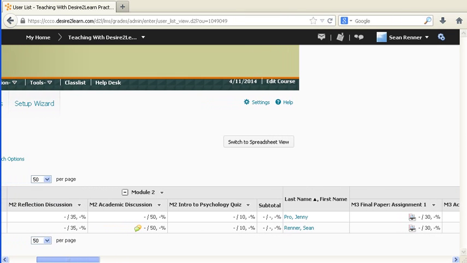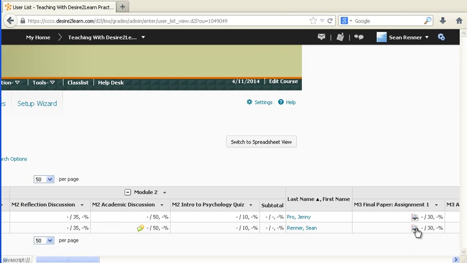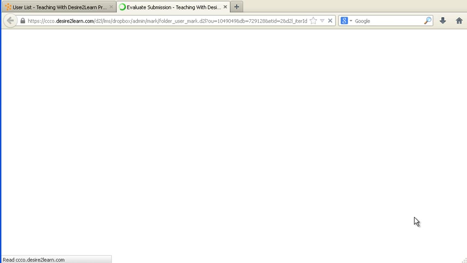So the first type of assignment we'll look at grading is a Dropbox assignment. As soon as a student submits a file to a Dropbox assignment, an icon will appear next to their name and underneath that column to indicate that they've completed that submission. This is a really easy and helpful way to see which students have submitted files for the assignment. So to grade a student's file, you can simply click on the icon next to that student's name,